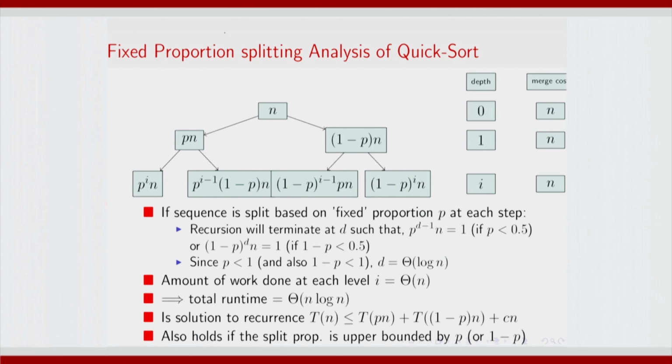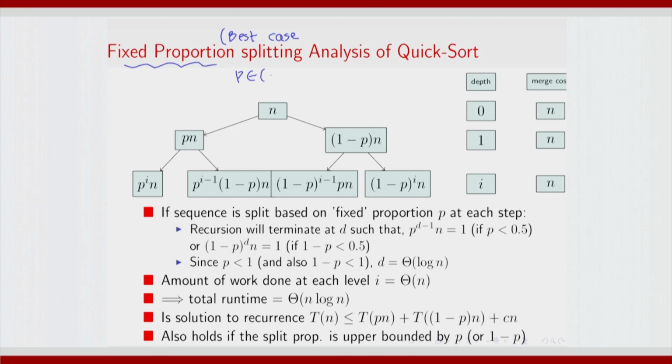How about the best case? What we will consider is a nearly best case. The best case is an instance of that. The nearly best case is that there is a fixed proportion splitting at every level. So at the first level n gets split into subsets of size pn and (1 minus p)n, where p is some fraction